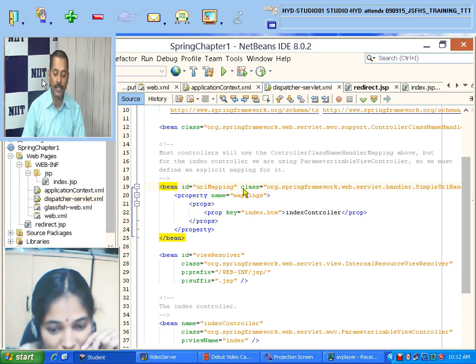So when index.htm comes, first it will come to the URL mapping. In the URL mapping, you specify the key, whether you are executing index.htm or something like XYZ. For n number of pages you are creating, you need to create the property key and value: index.htm, then to this controller it has to go. Say the property key master.htm, then it has to go to the master controller. So for each and every view page you want to link to, you should have the appropriate controller.